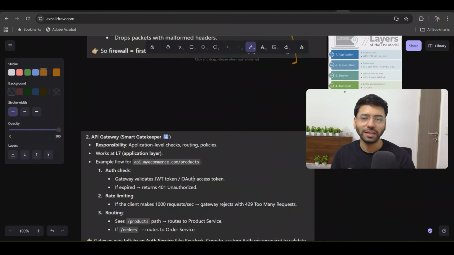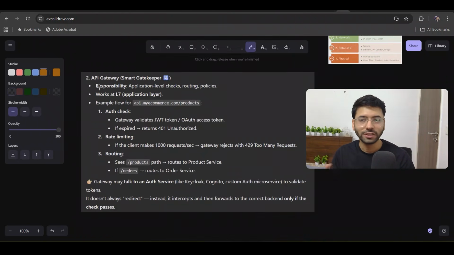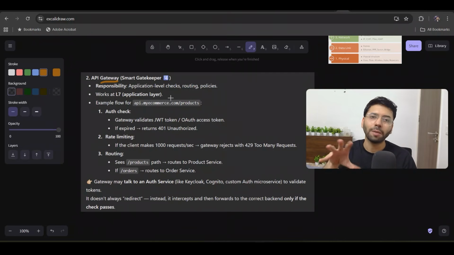Now after the firewall, let's talk about the next thing, which is the gateway. Okay, now your gateway can be of two types. One can be at the network layer and the other can be at the application layer. So at network level it would be an L3 gateway, whereas on application level it will be an L7 gateway. We will discuss a bit more about it later in this video, but for now let's try to understand